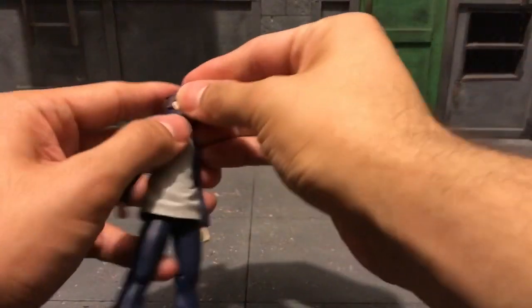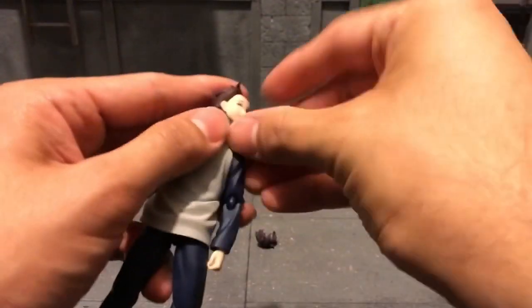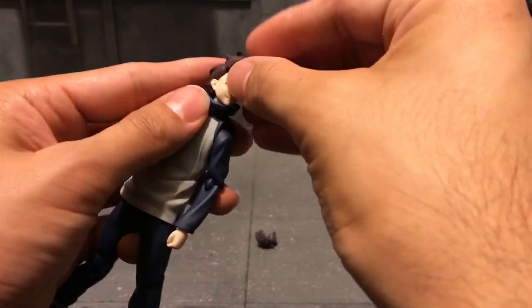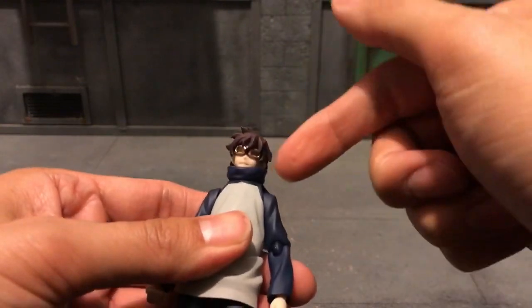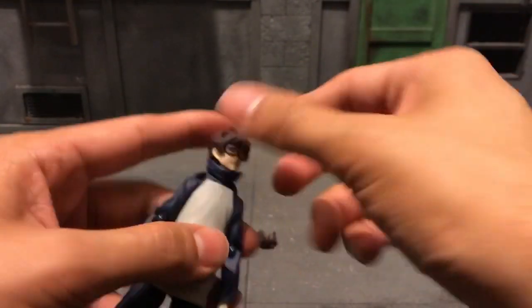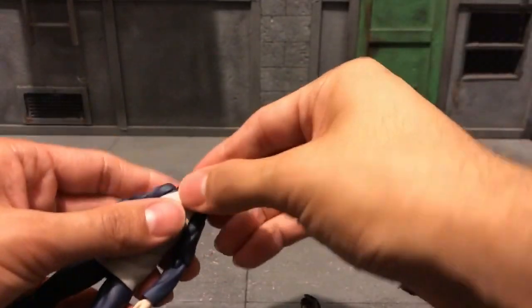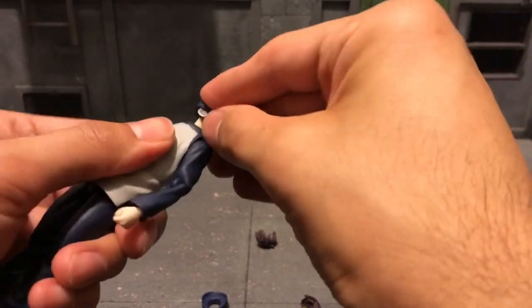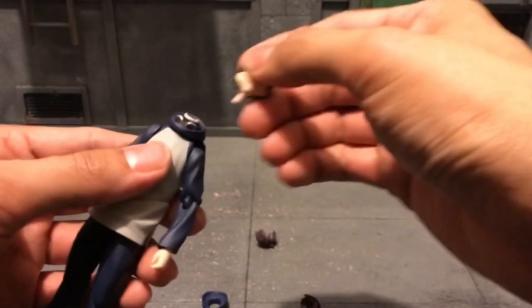Now as for accessories, for swapping out the hairpiece, just pop out the hair, and plug in the goggles, and you have a little joint hole there, and it looks such a nice piece right there. So cool. Now as for switching out the hoodie piece, you pop that hoodie piece off, and it's just a little ball hole. So you plug in, actually other way around, you plug in the goggles one,